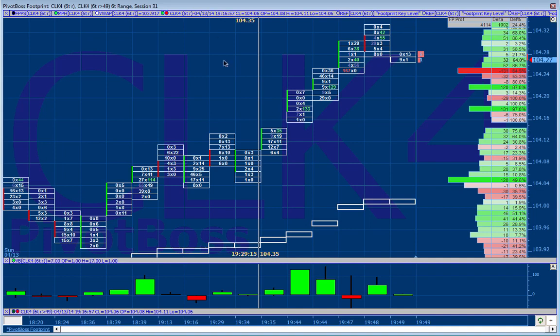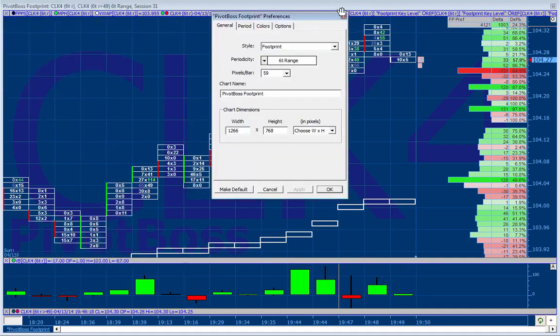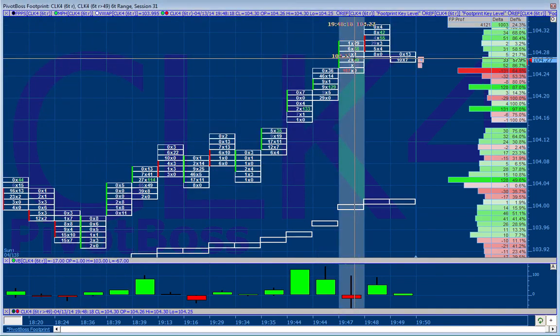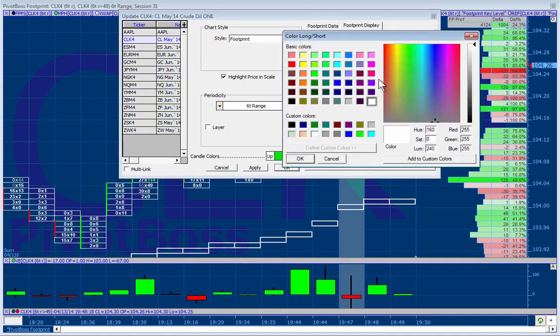Now, what I've done is I've simplified all this because I don't really care so much about individual numbers as I do about the differential of contracts at a price. How many contracts came in on the bid versus the ask? Give me the difference there. So I come right here and go to volume and balance. Let's do the delta, bid and ask volume.